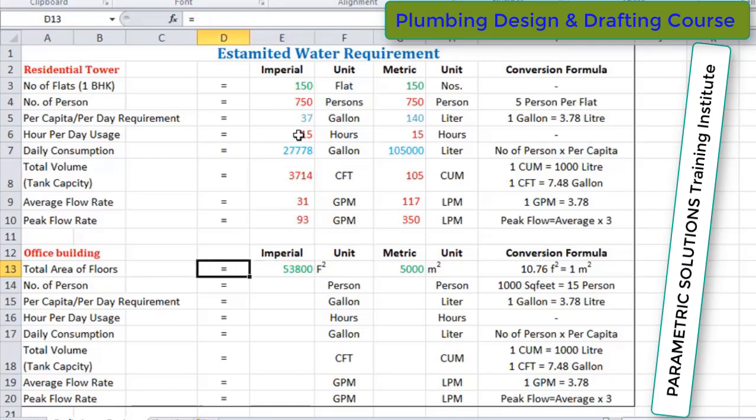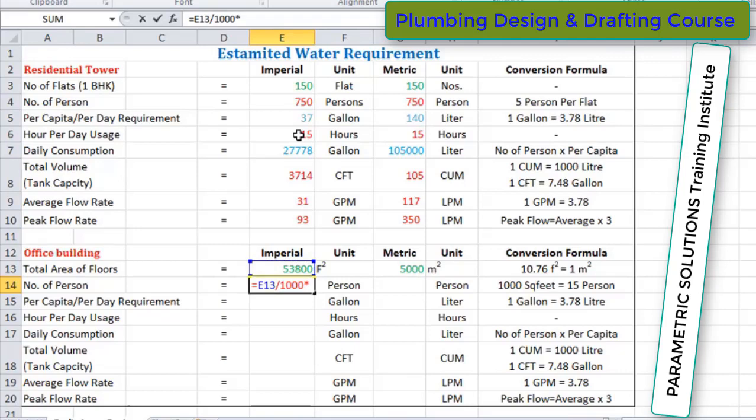This is the total office building area. For the number of persons, I have assumed that in 1000 square feet, 15% are staying there. So if I want to calculate the number of persons, this is my assumption: 1000 square feet is equal to 15%. So easily I will calculate this as the total floor area divided by 1000